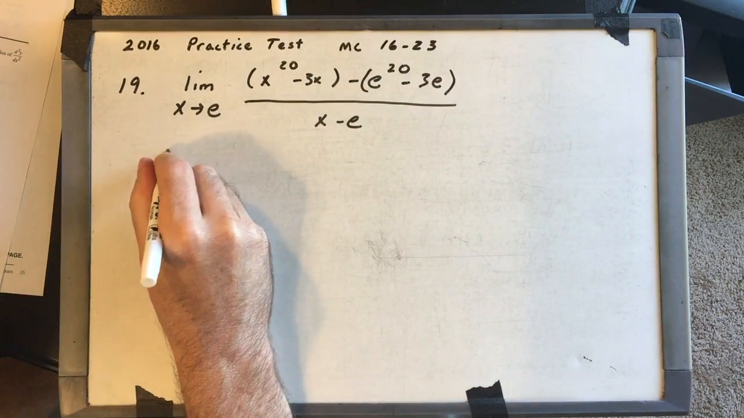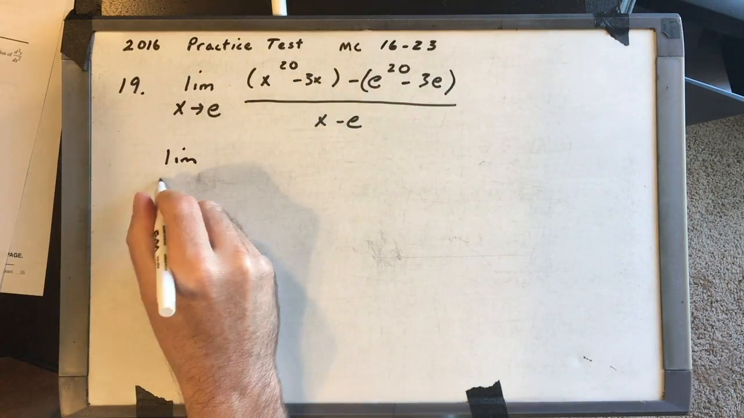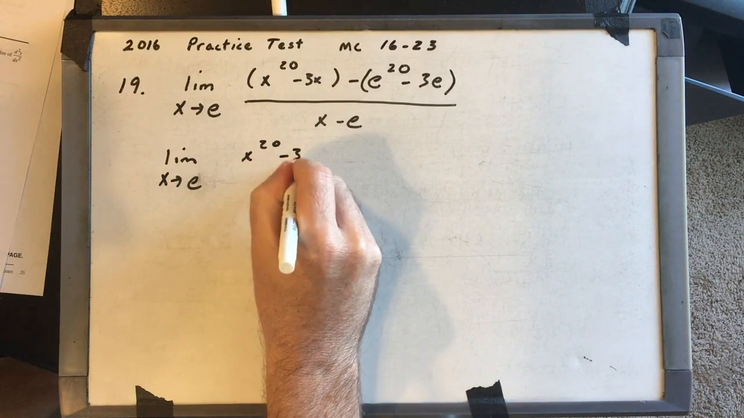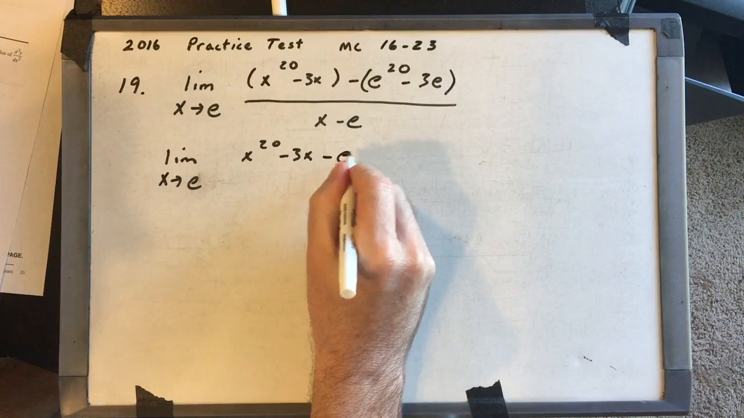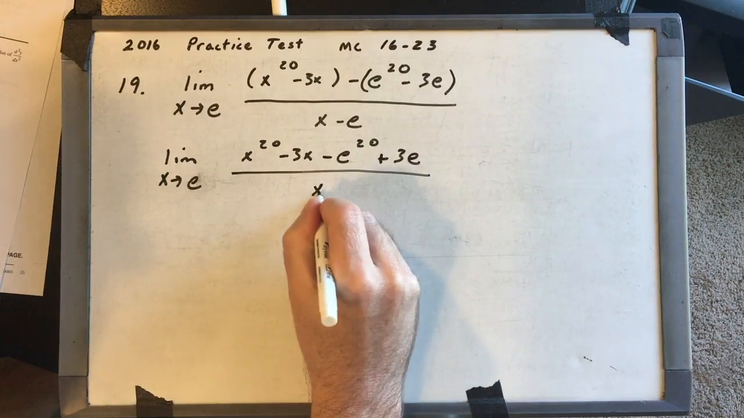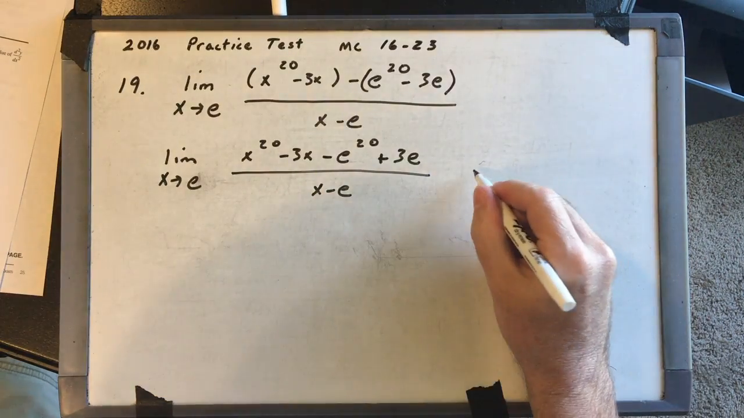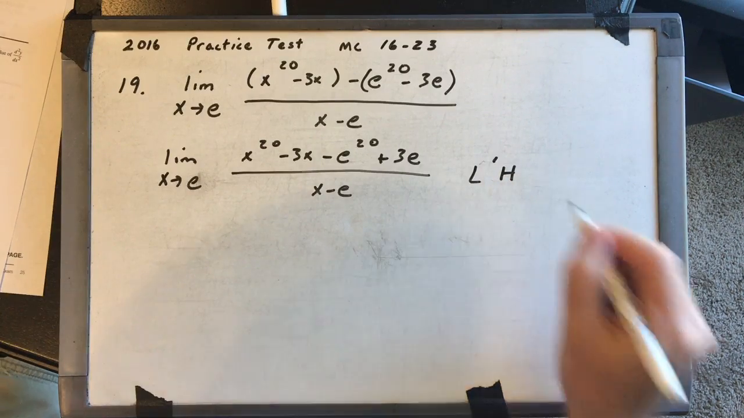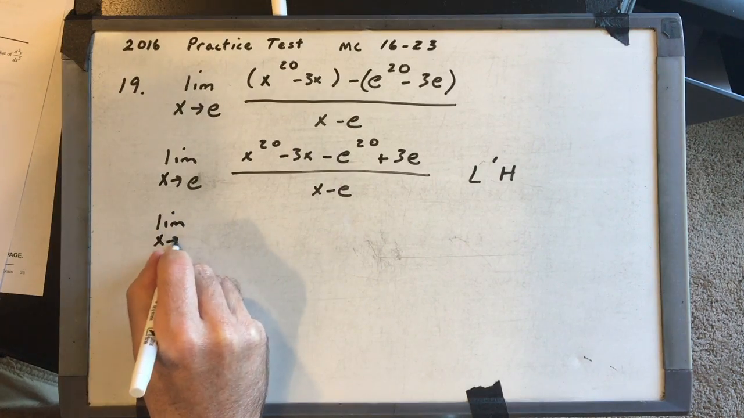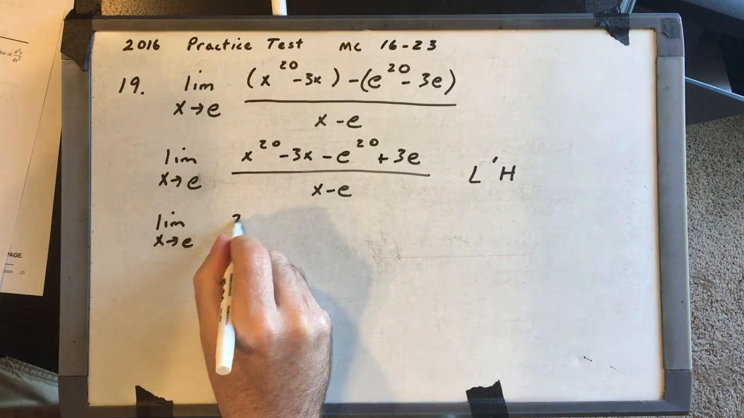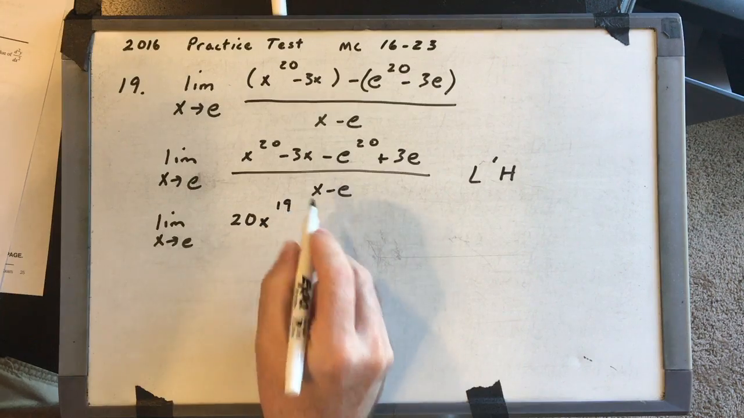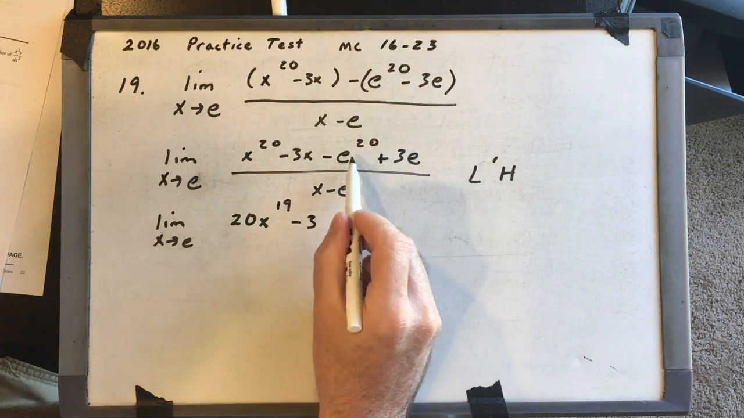Let's first of all clean the numerator up here. So we've got x to the 20th minus 3x minus e to the 20th plus 3e over x minus e. And when you use L'Hopital's rule, you need to write an LH to show them that you're doing that. So that's the limit as x approaches e, and we're going to take the derivative of the top, which is 20x to the 19th minus 3,